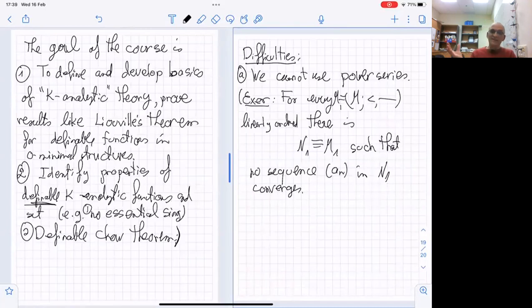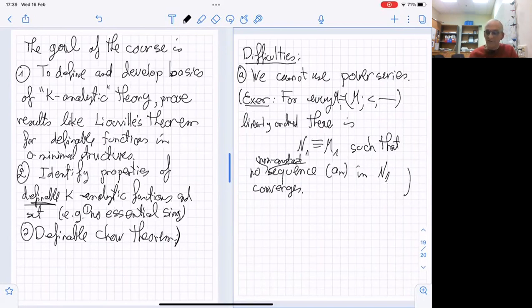All right, so definitely there are no power series. When we work in this general setting, we cannot use power series because no sequence might converge except the constant, right? No non-constant. It's a nice small exercise to just convince yourselves that this is doomed. We cannot use